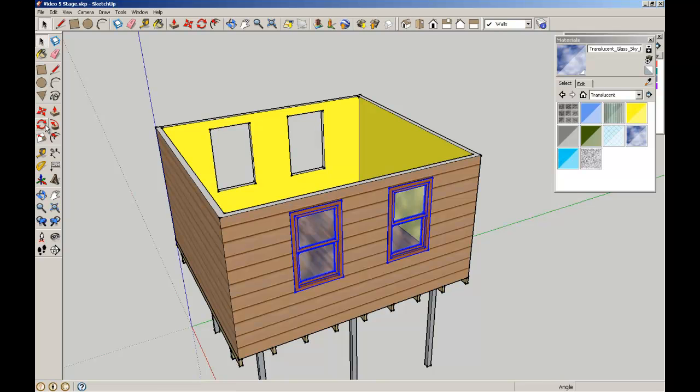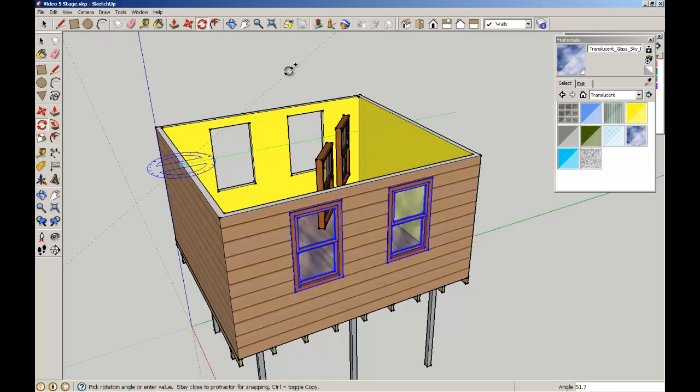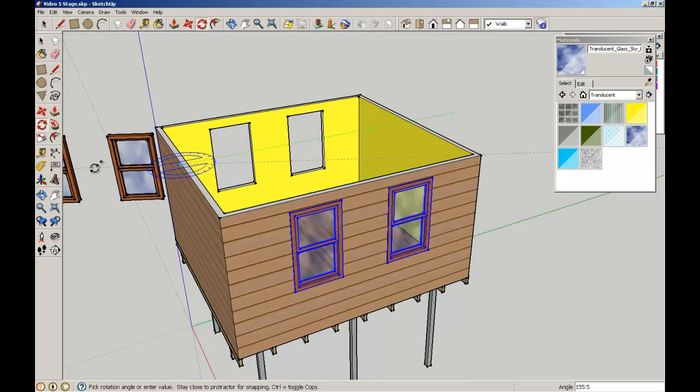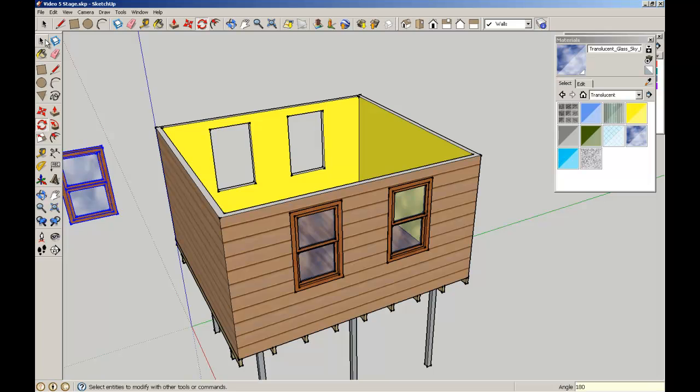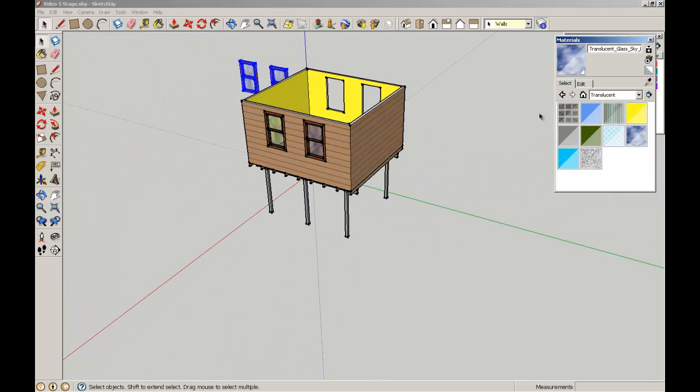Again, I'm going to use my rotate tool. I'm going to rotate on the horizontal plane. Just pick a point there. I'm going to pick a point there. Now if I again use my control key modifier, I get a copy. I punch in 180 degrees. Then I know that I've brought them